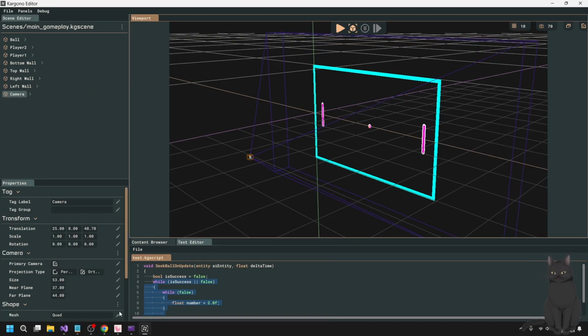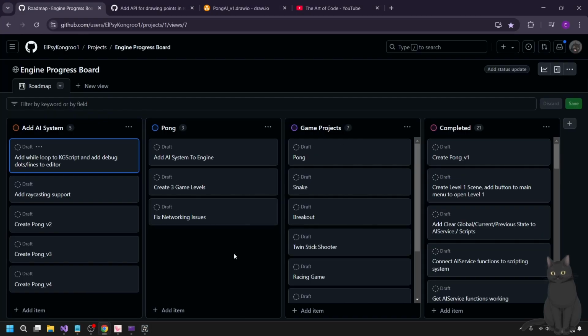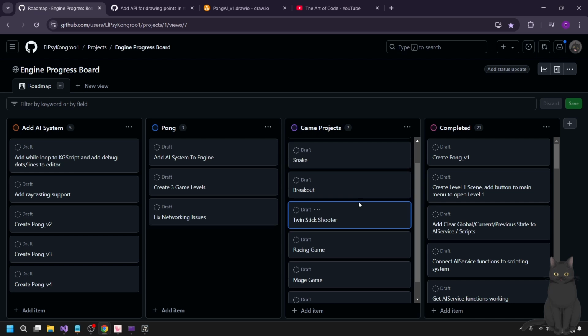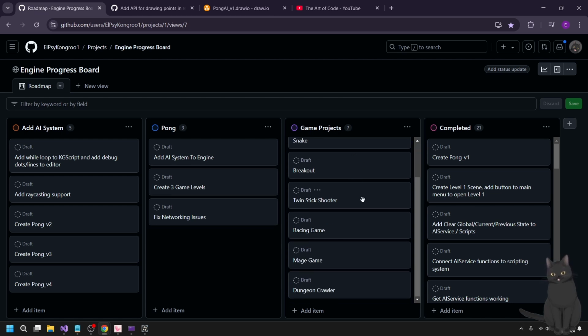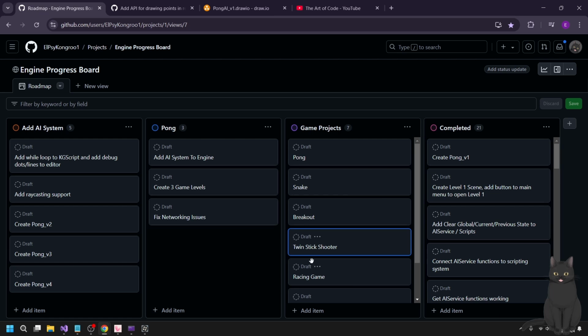Yeah, I had a game idea. Maybe I'll add it in here. I have a bunch of random 80s games that I want to make, and I'm choosing ones that are really easy to make on purpose. So Pong, Snake, Breakout, and then these ones are going to get more towards the bigger game ideas I have.